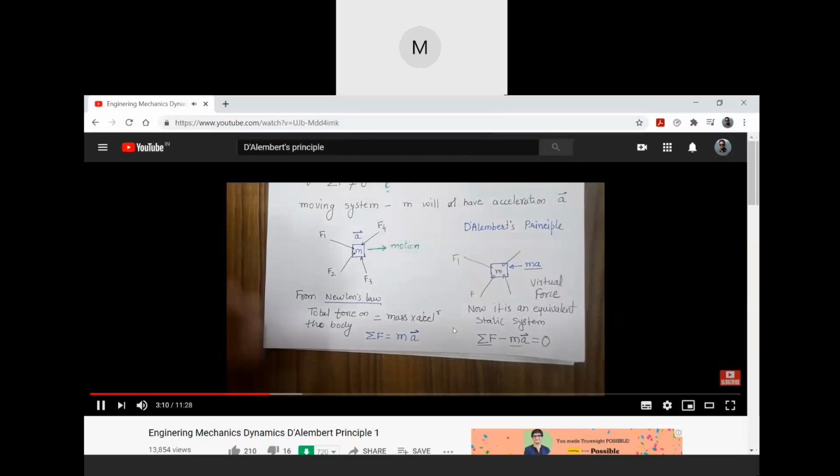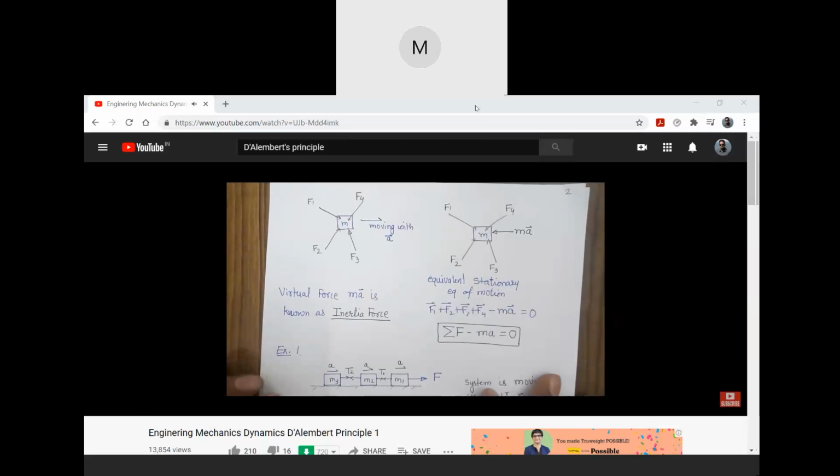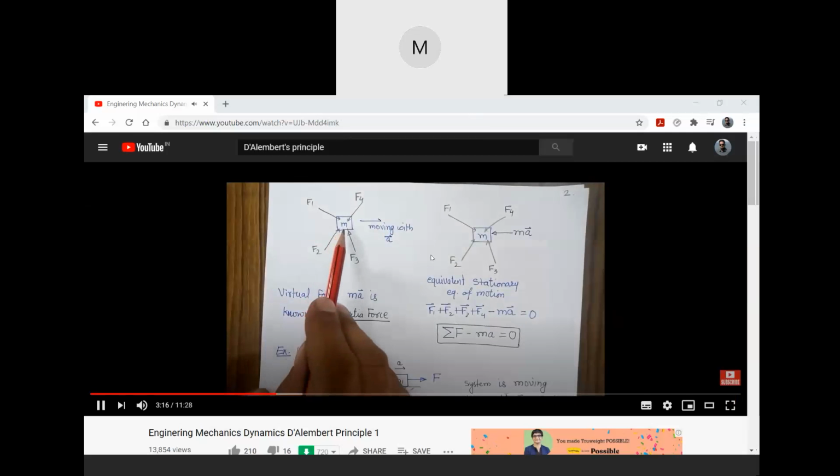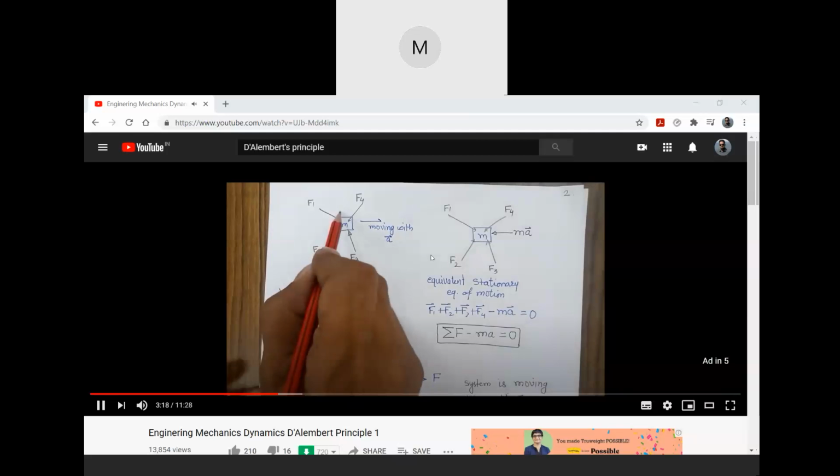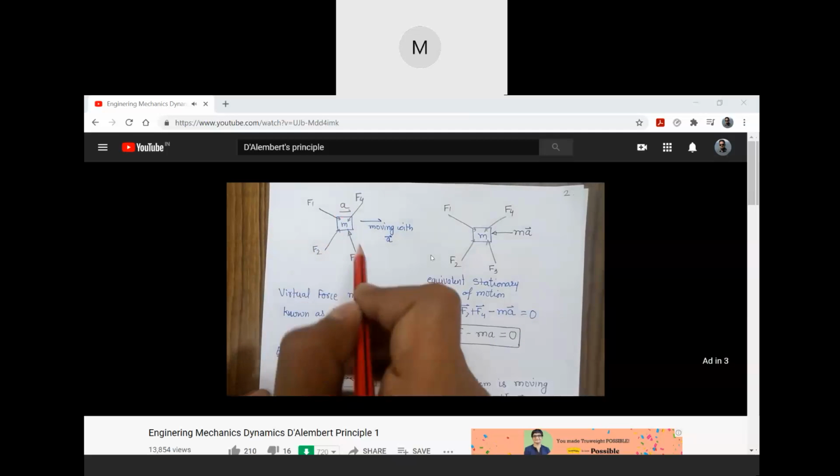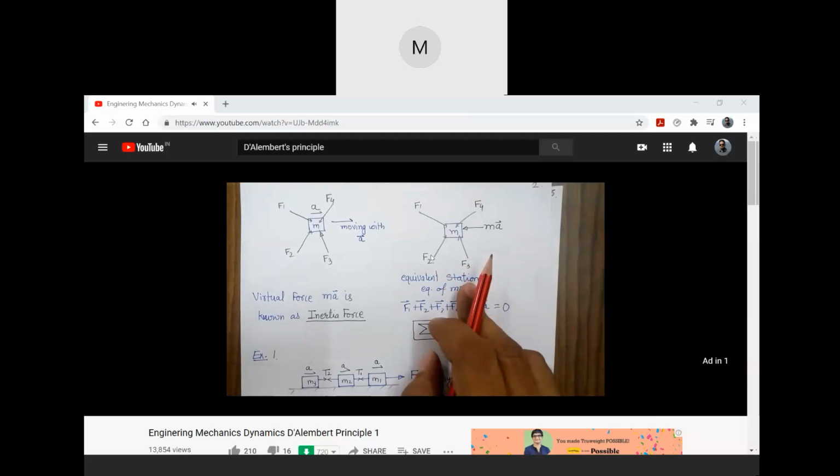So let's summarize the principle. We have a system where four forces are acting on the system, and because of the four forces the system is moving with certain acceleration a. Now what we have done,